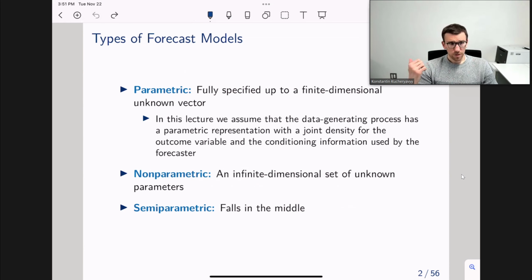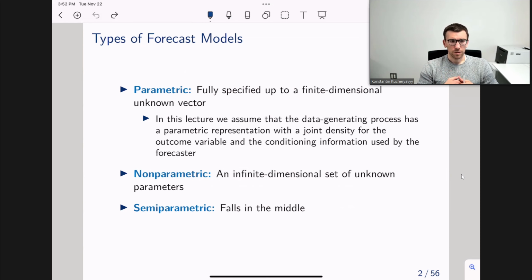An alternative to this is a non-parametric approach, where we deal with an infinite dimensional set of unknown parameters. Basically, we describe our data generating process, our forecasting rule, in terms of some functions,